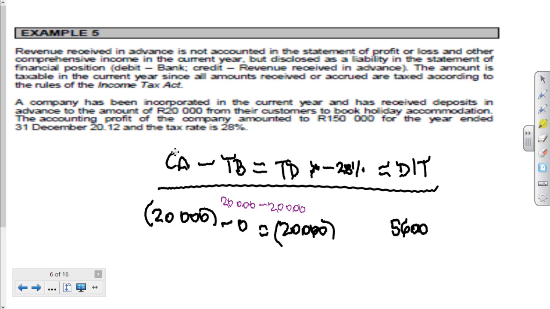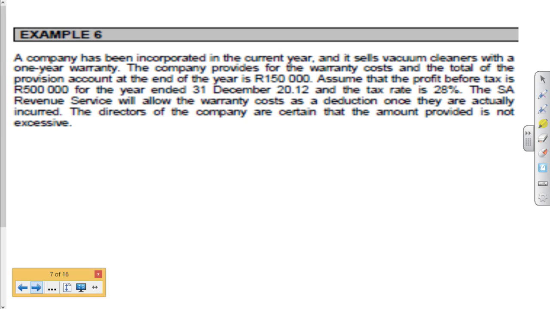Next year, this 20,000 is going to be in my P&L as income. And I don't have to pay tax on it, isn't it? So when I calculate the tax, I'm going to deduct it and say I've already paid tax on it. So that's my deferred tax, and you can see it flips, and it becomes an asset. So this is an example where we have an income liability,